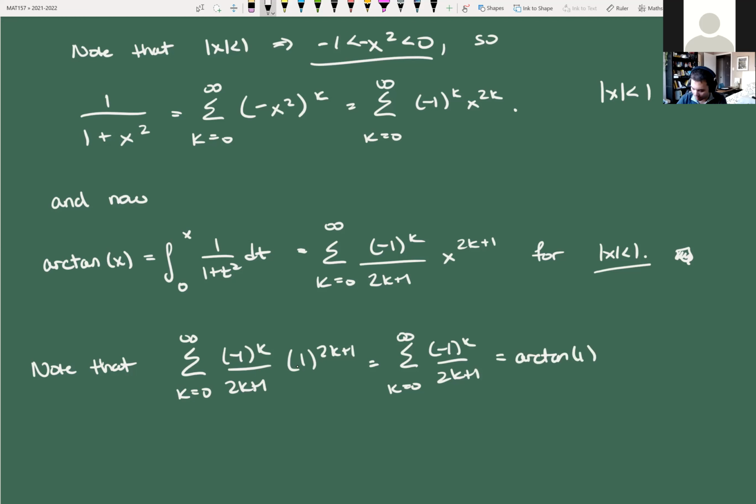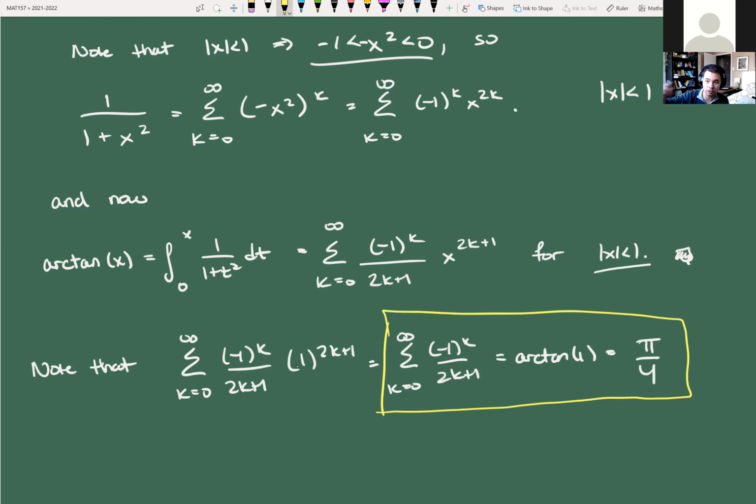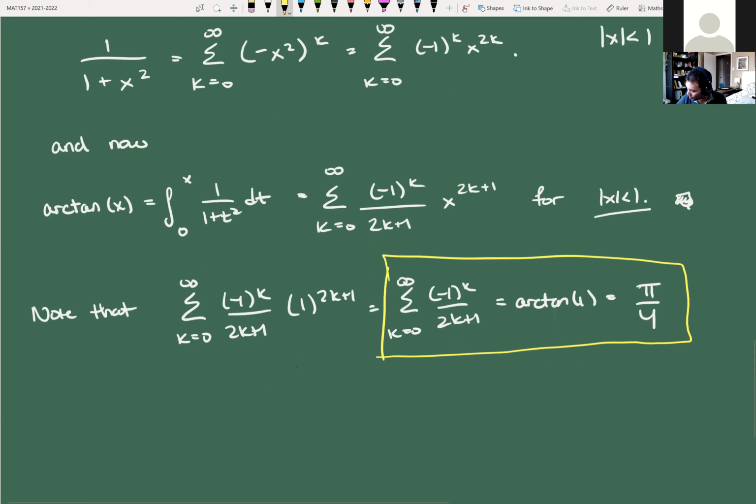I mean, technically, we do need a theorem that tells me that this function is equal to what we want it to be on its boundary, but that thing's called Abel's theorem, and it's a little bit hard to prove. But this is also equal to pi over 4. So again, I am sweeping a little bit of stuff under the rug here, that the function is actually equal to what you want it to be at the boundaries of the domain of convergence, because we don't have any theorems which state that. But now, all of a sudden, I have a series representation of pi over 4. And that means that I have now a series representation of pi, right? Because if I multiply both sides of this equation by pi,